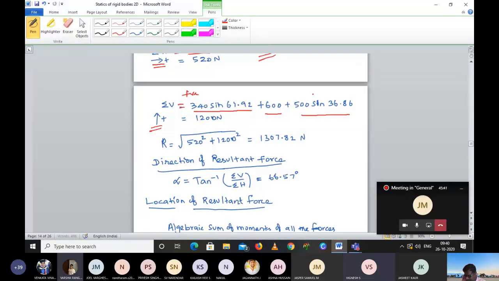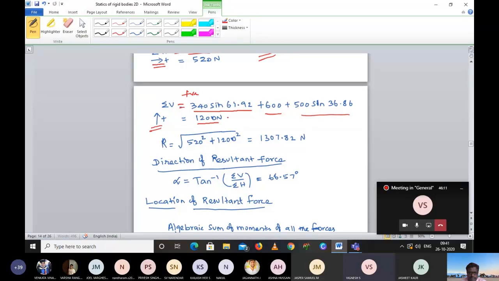Any doubt in this? Three components? No doubt, sir. So here, what kind of mistakes will we make? Any idea? Sir, we'll take negative, sir, that 600. We will miss the 600. Take a note of it. Because we are dealing with cos theta and sin theta, sometimes we will make a mistake of leaving that 600 Newton. Please take a note of it. That's the only reason I have given this particular problem.